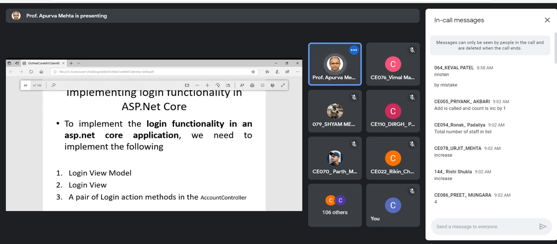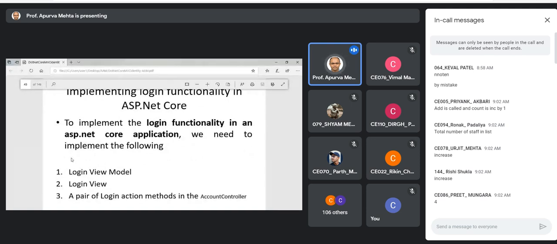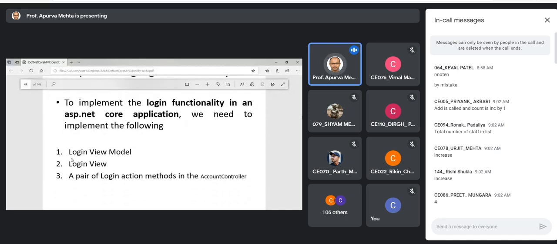Fine. So now let's continue with login functionality. For login functionality, we'll need three things. We will need a login page, and the users we want to log in are already available in the ASP.NET users class or identity user. So we don't need to create a model for that. It is already existing, right? But we need a view. That's why we'll create a view model for login, which is LoginViewModel.